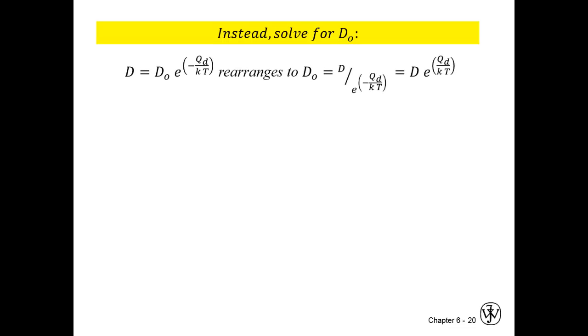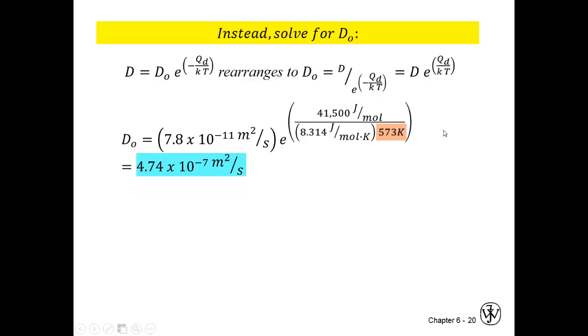This way, we will take D in this equation here, and we're going to rearrange it. So basically divide through by this term, both sides. And if you're dividing by something to a negative power, that's the same thing as multiplying it without the negative power. So this D naught, the pre-exponential, is equal to D times e to the QD over KT. And I'm going to plug these numbers in, and we end up with a pre-exponential equal to this. Well, then we use this equation again